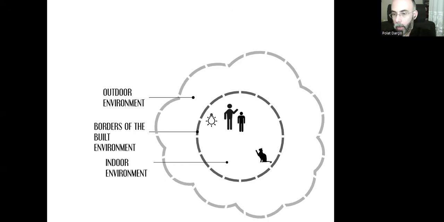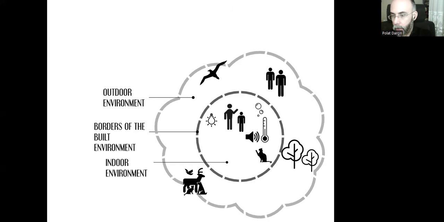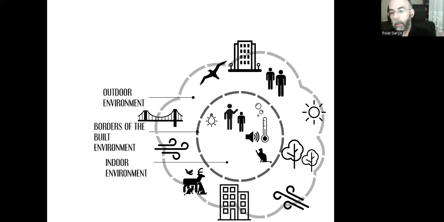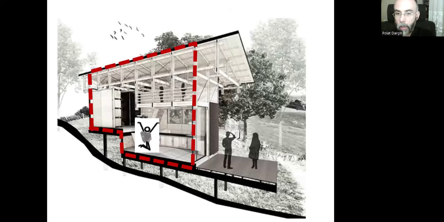And there are some physical properties that constitute the indoor environment, like light, like sounds or noise, like air, like temperatures, either air temperatures or the temperatures of the surfaces. And there can be other people, a social environment in the outdoor area, other living creatures, plants and animals, and non-living entities, just like the sun rays, wind, air, and other man-made environments, buildings, or vehicles. We can multiply the examples, of course, and they are constantly interacting, such as in the indoor area, the user